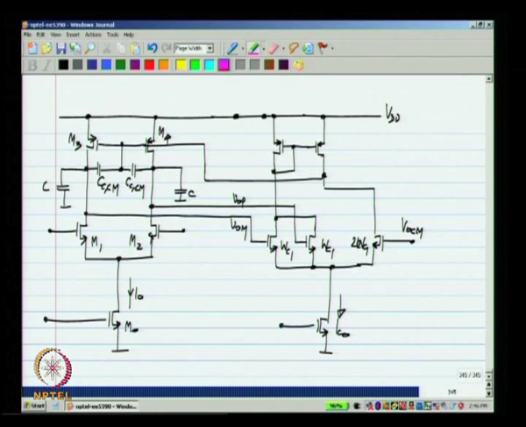Now, exactly which one you use depends on the details, like the signal range over which these circuits operate, how stable they are, how fast they are, and so on. Okay. So, we have discussed the single stage fully differential op amp quite extensively. Now, the differential picture is extremely simple.